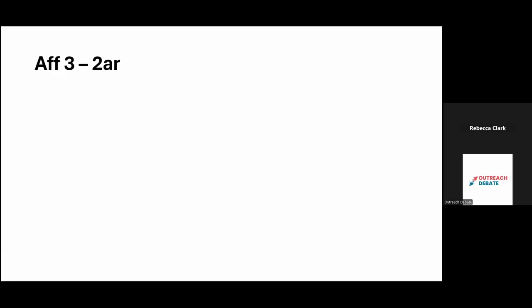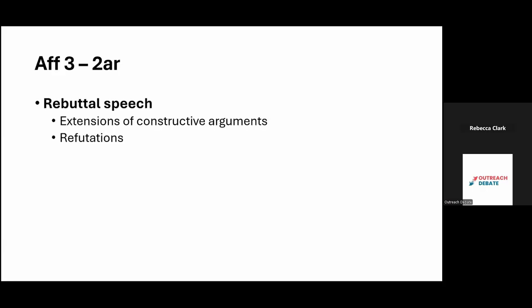So in the 2AR, you're doing the same things the 2NR is doing. This is a rebuttal speech. You extend your constructive arguments, you do refutations. Now, because this speech is so short, you don't really have time to be doing new refutations, and you can't be doing a fully new argument in the last speech anyways, because there isn't a 3NR to respond. So this 2AR should just be entirely based upon the speeches in the previous rounds. You should be reiterating rebuttals you've already made. You should be talking about evidence that was read. You should be summarizing if you feel it's helpful and necessary. And you should just be doing all of those things that give your judge a good view of the overall round and should hopefully lock in the win if your 1AR was good.